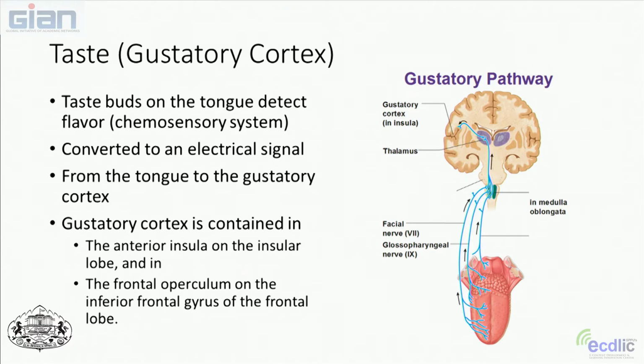And you can see where it is there on the brain. It's sort of close to the auditory cortex. There's a little fold inside your brain that is called the insula. It's the insular fold, and it actually allows for more surface area in the brain. Can you see the little folds in there? Part of the gustatory cortex is contained in the insular region.